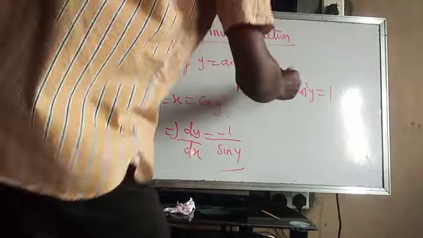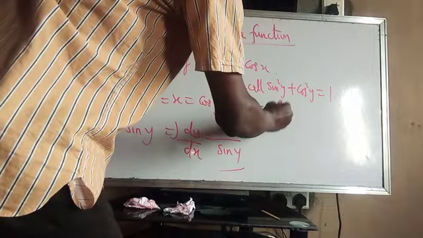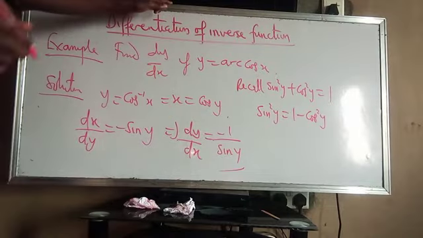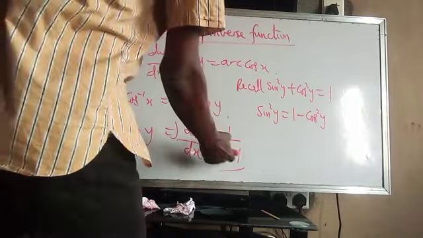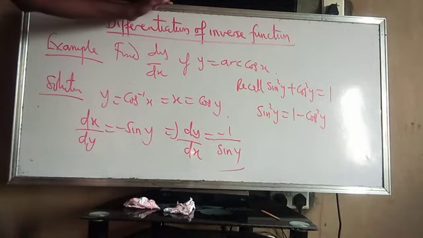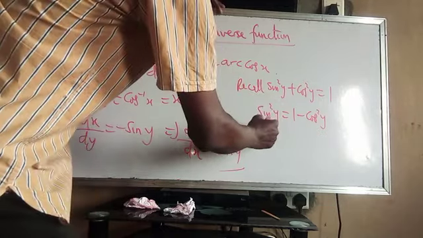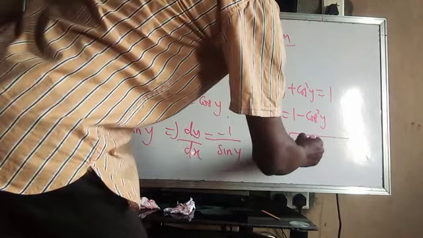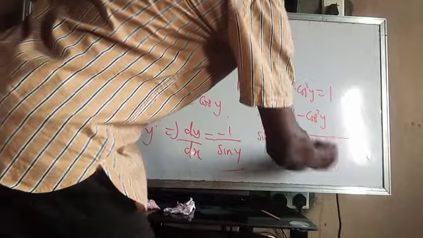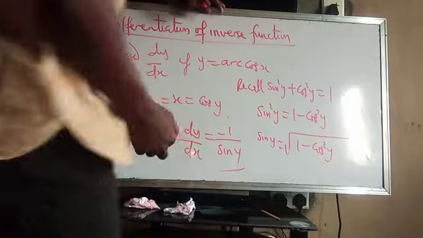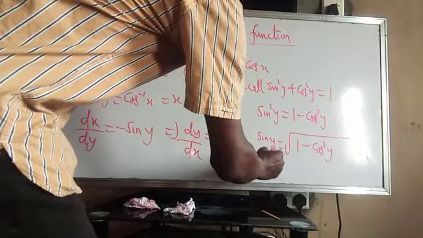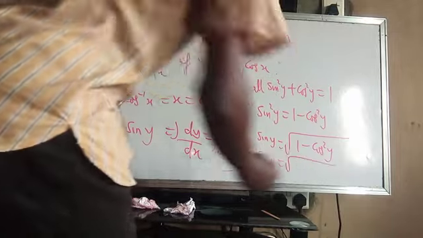That means we make sine y the subject of the formula. Sine square y will be 1 minus cos square y, because we want to replace this value. So sine y is the square root of 1 minus cos square y, because we find the square root of both sides. Alright. So sine y will be equal to the square root of